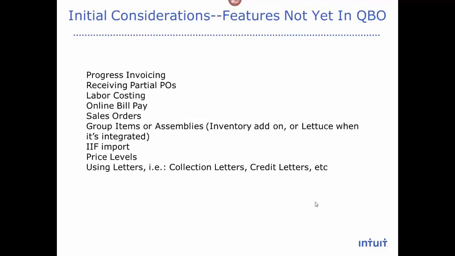conversion. Initial considerations, features not yet in QBO. However, there are a lot of third parties that solve for them. The only one that's really unsolvable for a third party right now is labor costing. When you're doing job costing for payroll, you're just going to have to journal entry those amounts in, tag the